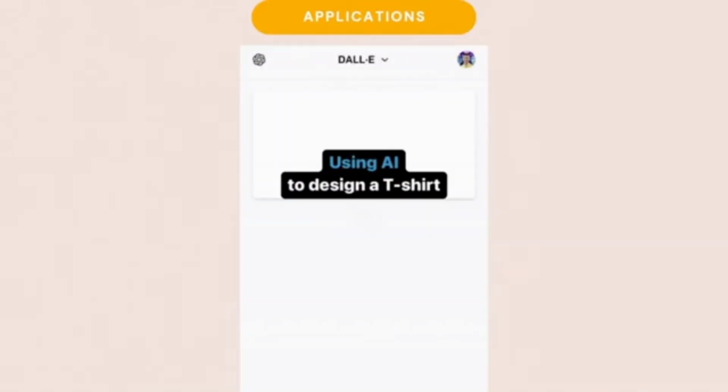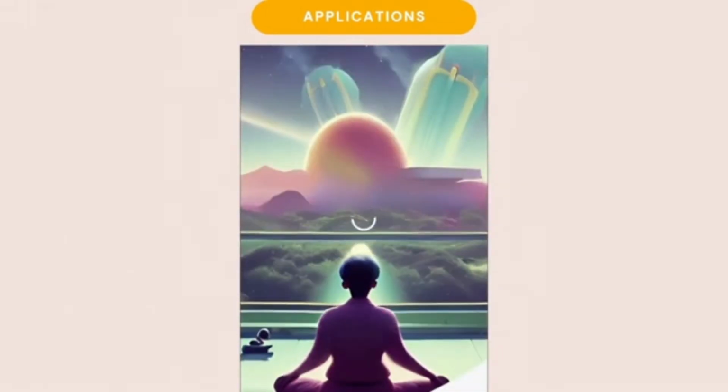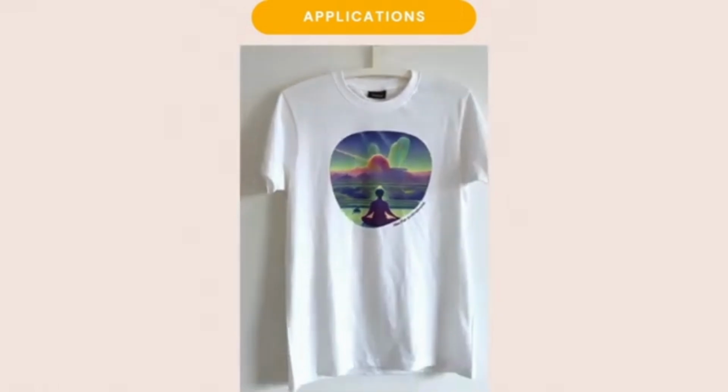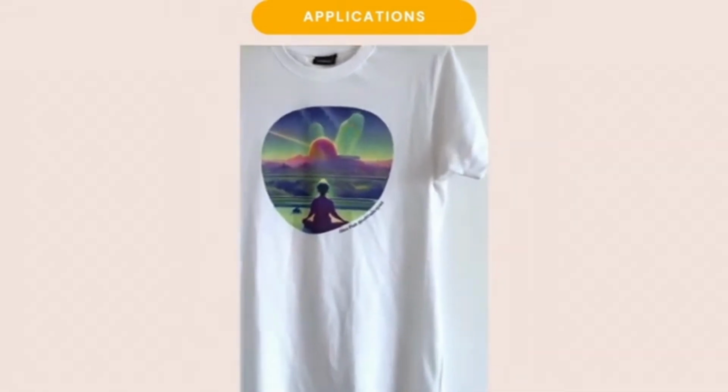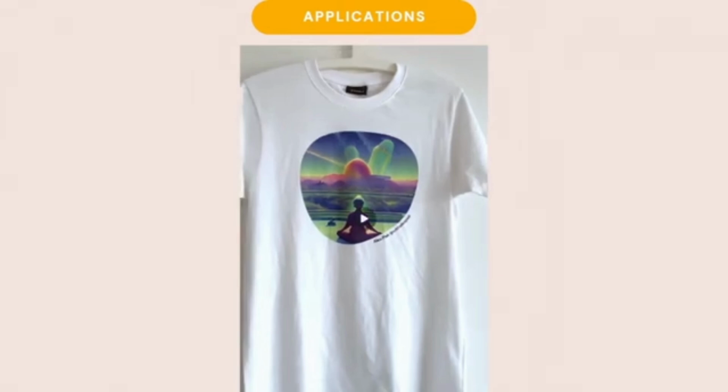Now, the applications. Some of the cool things that you can do. Some AI artists designed a T-shirt like this. So maybe PyCon T-shirts will be generated by an AI next time. That will be fun. It has a lot of applications in fashion, and in terms of AI, paintings, drawings, and so many cool editing things.